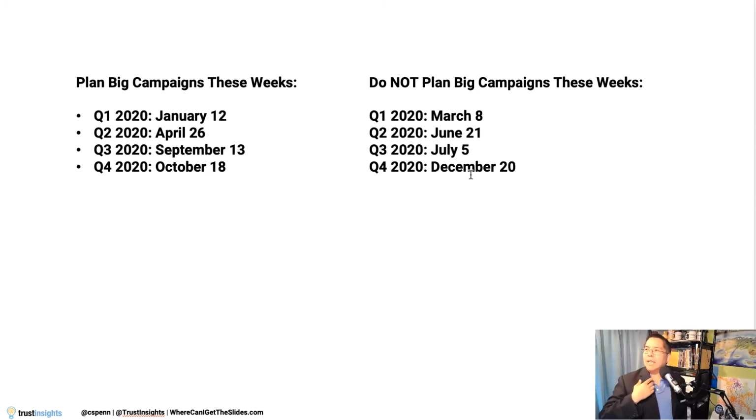Now, you may be saying, well, duh, Chris, that's pretty obvious. Week of July 4th and week of Christmas, don't send campaigns there, at least if you're in the United States. Right, you knew that. But have you done anything with that information? Have you taken action on it and said, as you're building out your 2020 social calendar, these are the weeks where we're just not going to do stuff? We're going to do a limited version of what we're going to do. Analytics without action is a meal you cook, but you never eat.